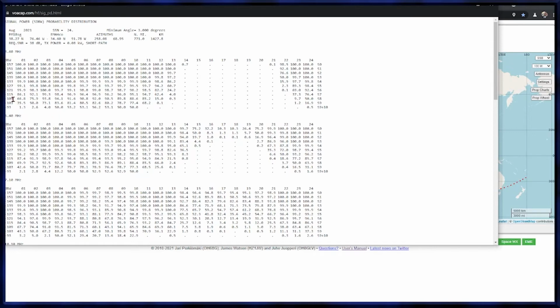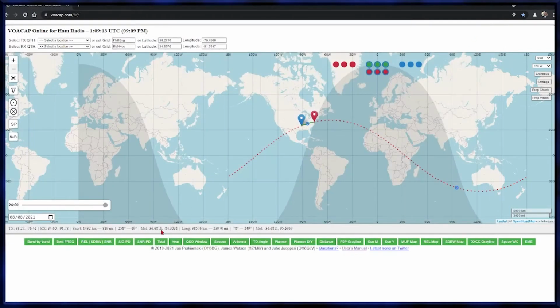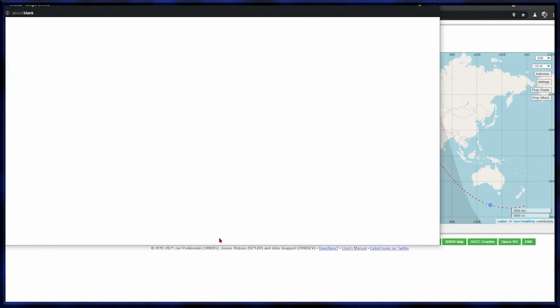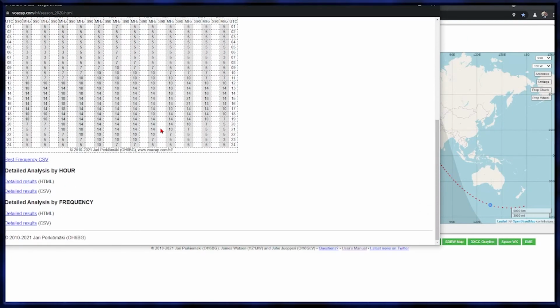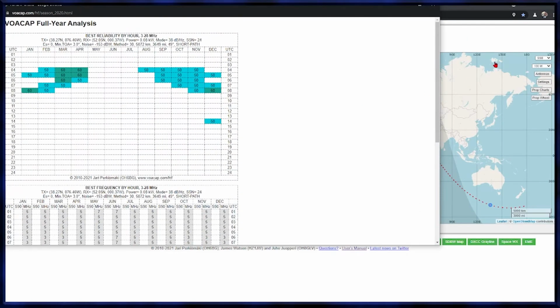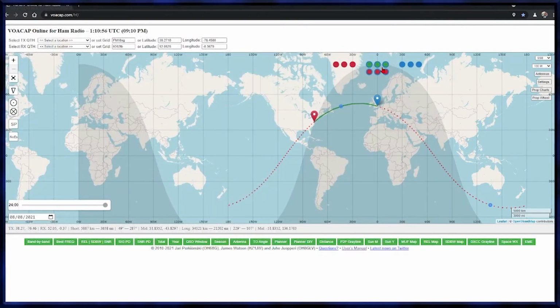So here we see -109, which is S8, and we can see 75% chance at 02, going up through the 90% chances later on. The next tab we'll take a look at real quick is season. You can see different times of the year by month and time of the day when propagation has a good chance of being into that area that you have set up on your map between your transmit and your receive